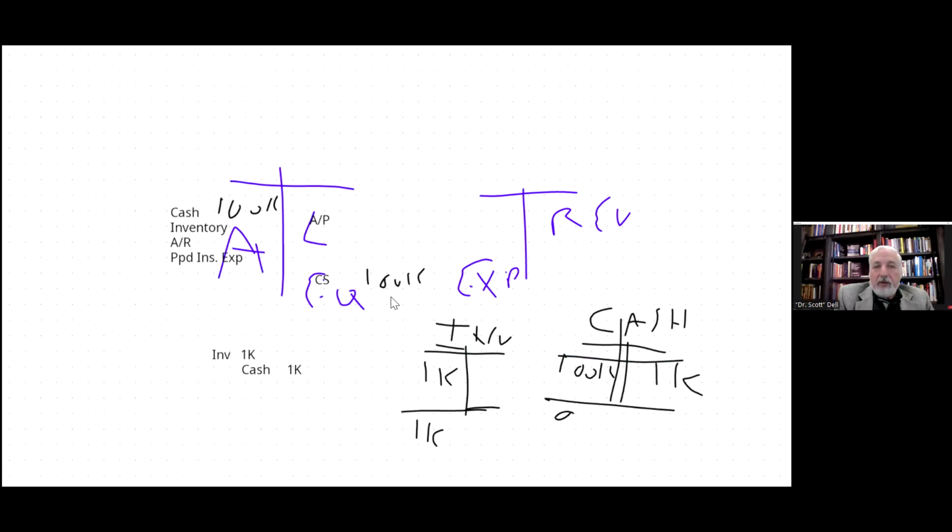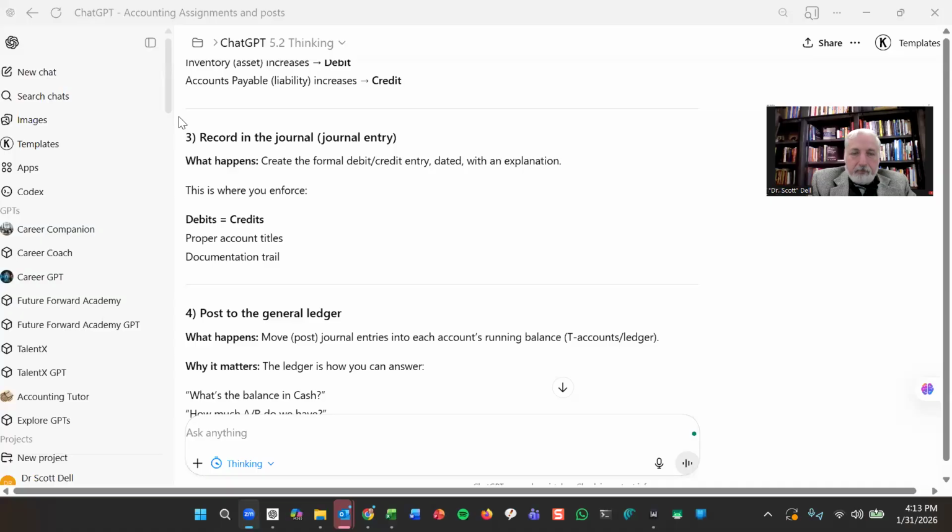Okay, now everything's in balance. I clear that 99. My inventory is going to be 1. And I've still got 100,000 in assets and 100,000 in equity and 0 in liabilities. Did not use accounts payable this time. Let's go back to where we were and then go back into ChatGPT and help round out where we're going in determining what more the accounting cycle takes.